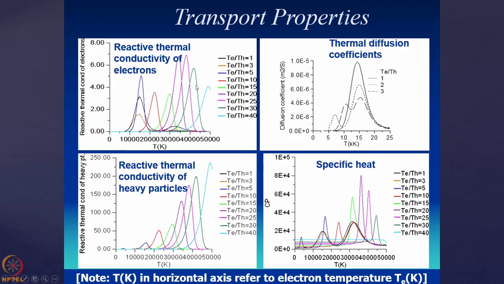See, this is reactive thermal conductivity, thermal diffusion coefficients, and reactive thermal conductivity of heavy particles, and this one is thermodynamic property, not the transport properties. Okay. So, just I wanted to show that how strongly they depend on the non-equilibrium nature of the system. So, when your system is some region in equilibrium, some region in non-equilibrium, better to go for the non-equilibrium model which encompasses both equilibrium and non-equilibrium. Okay. So, that is what the advanced modeling nowadays we are doing to get the actual behavior of the system, to understand the behavior of systems.